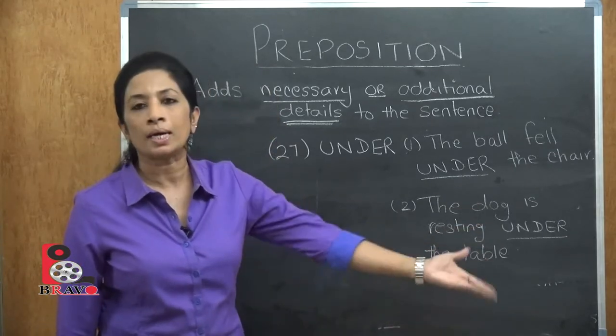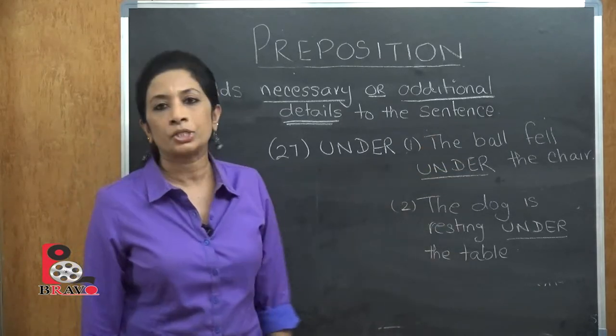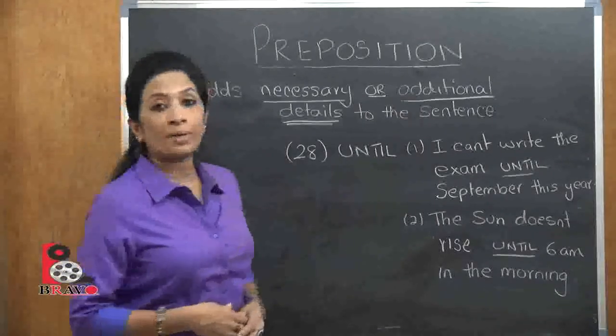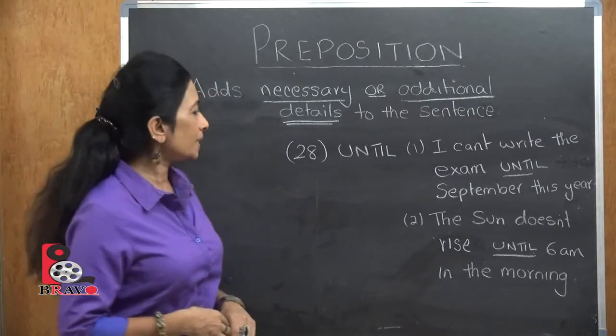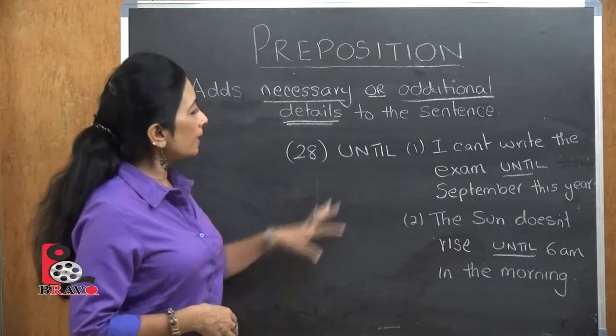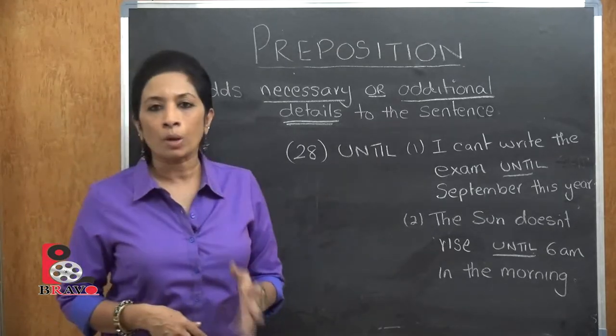So where is the dog? Under the table. Where is the ball? Under the chair. Okay, we are doing pretty good, and we have come to the 28th word out of the 30th, which is until. Now this is again a very common word that you would hear in normal conversation